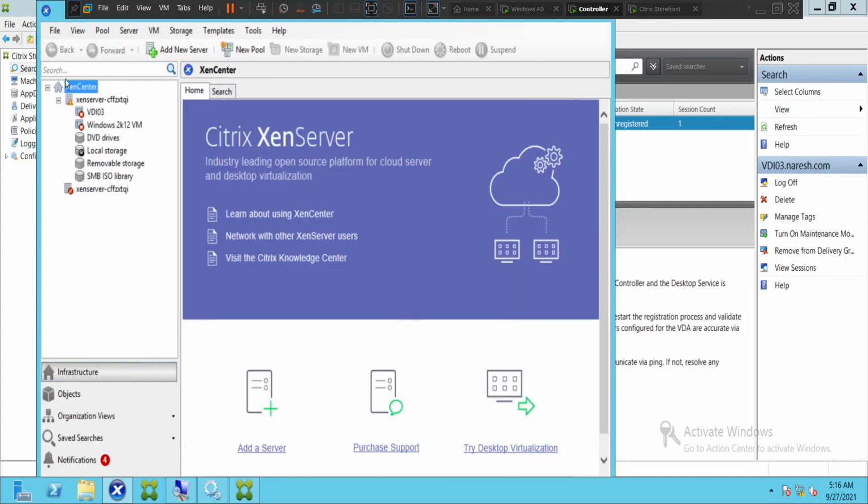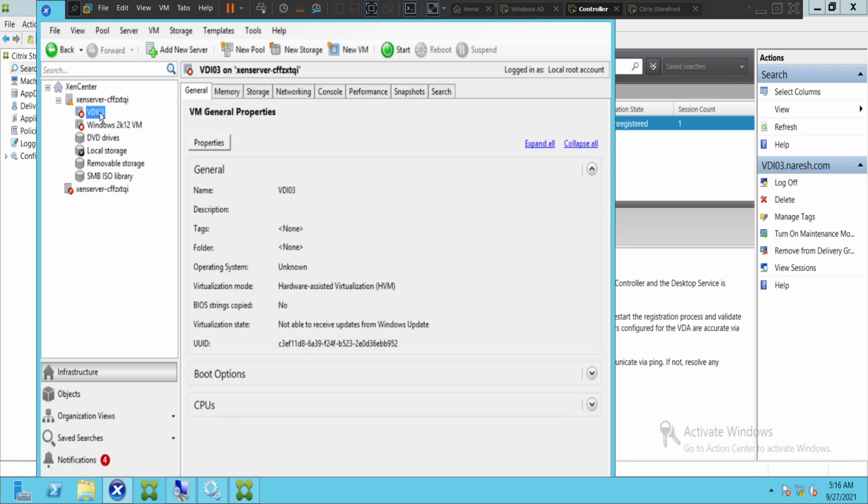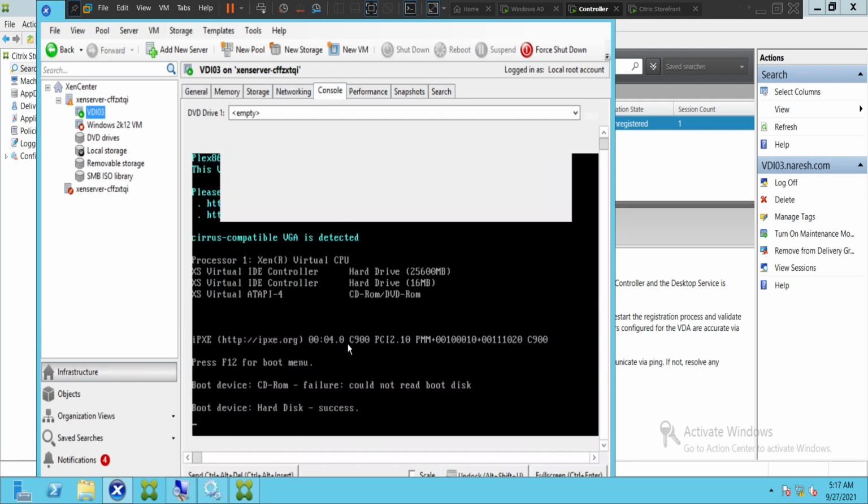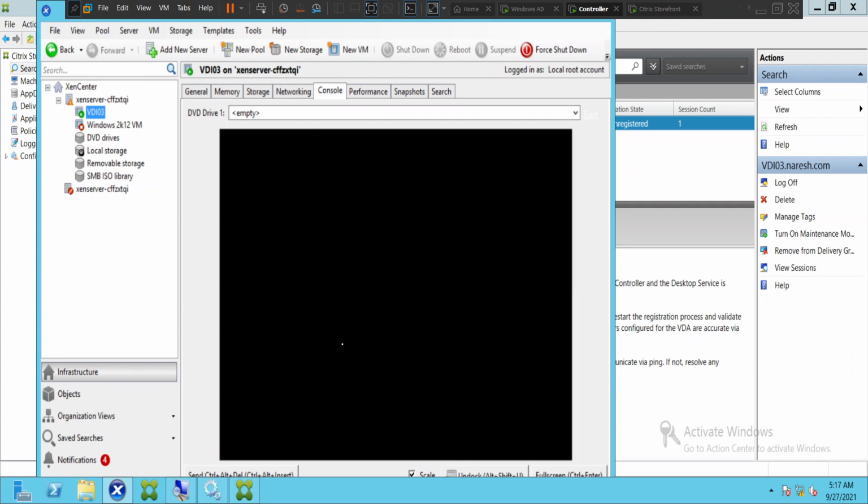Oh, it seems like the VDI machine is in power off state. Let me turn it on quickly. You can check the status here. It should come up in a few minutes, so please bear with me.